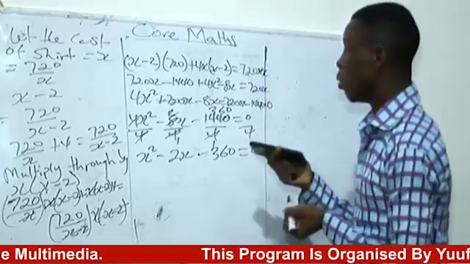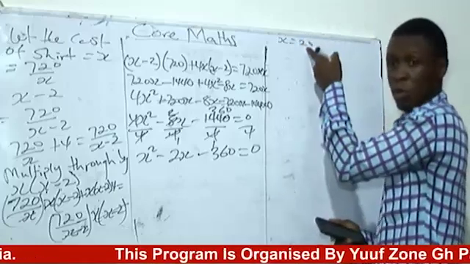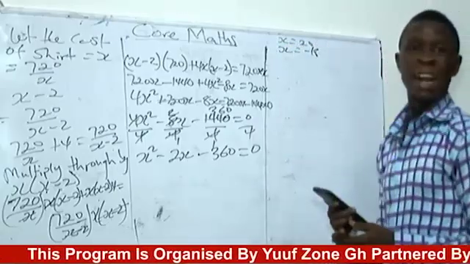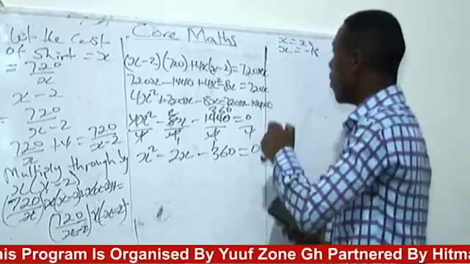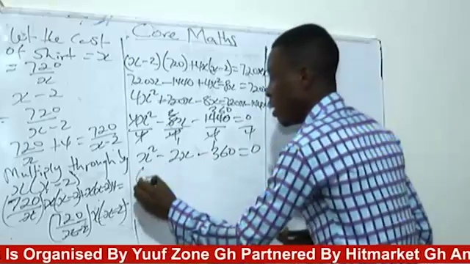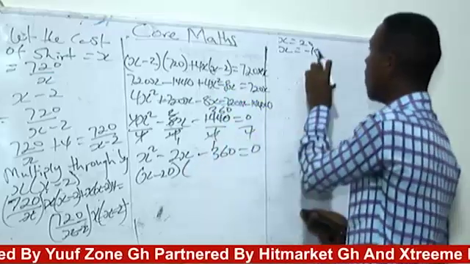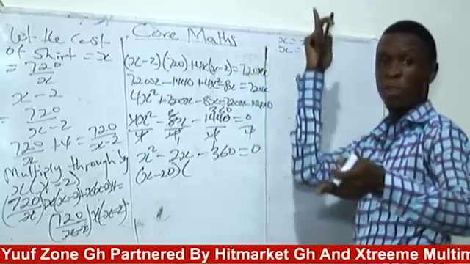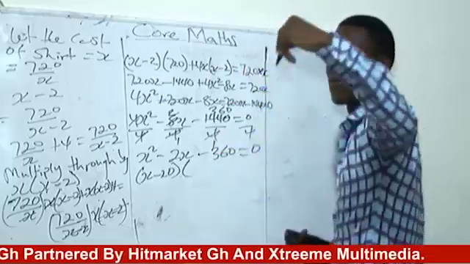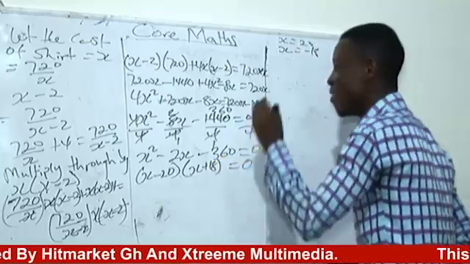The values that the calculator will give you, let me write this here first. Your S1 will give you, let's say, 20. You will also get negative 18. So that is the final answer the calculator has given you. It means that initially the 20 had not crossed yet. So it was s minus 20, meaning it was minus before. The minus 18 means it was positive before crossing. When it crosses it becomes negative, so we have to bring it back to its natural state. So that will be s plus 18 equal to 0.